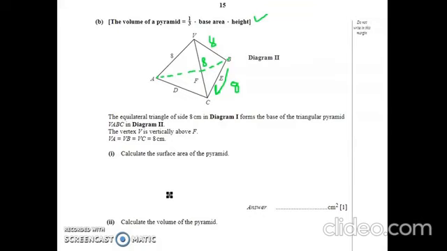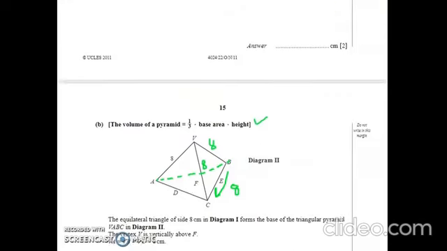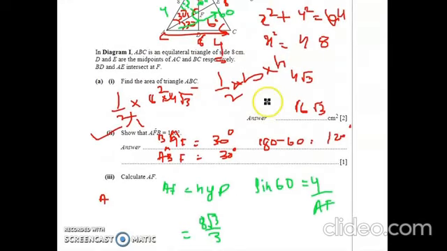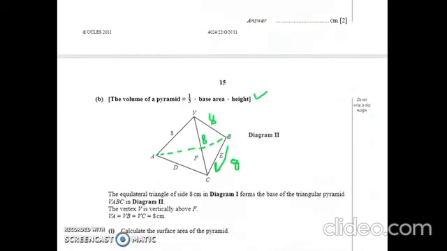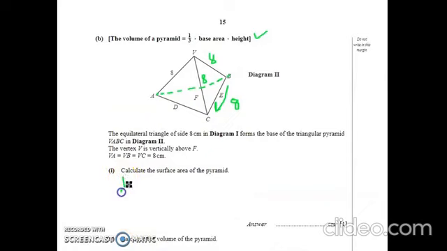So first things first, our base. What was the area of the base? We had already found it. That was 16 under root 3. And if you notice one thing, all the other 3 triangles are the same. They are also 8, 8, 8. So of course, the area will also be the same. How did we find the area? We took this as half of the base. We didn't know the height, so we will find the height.